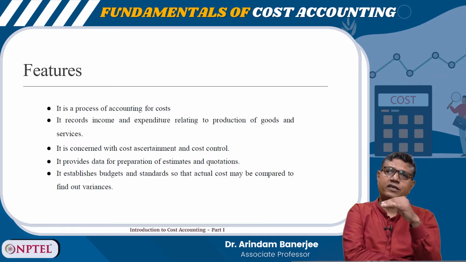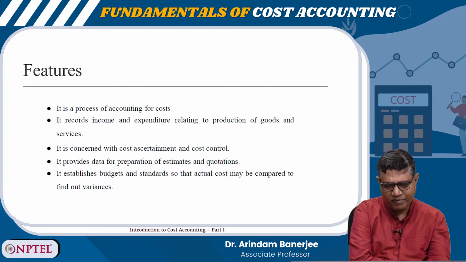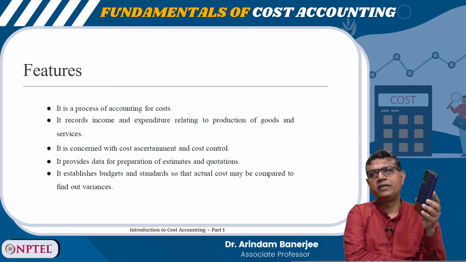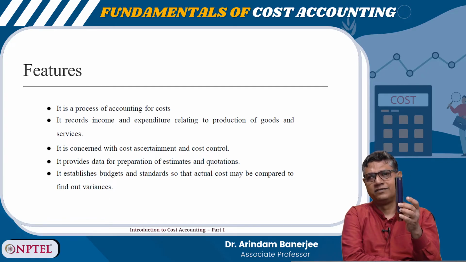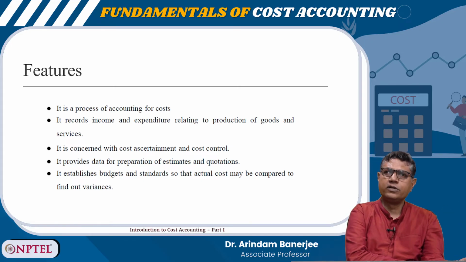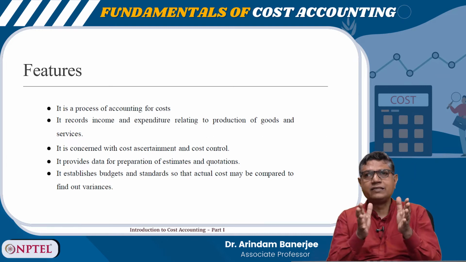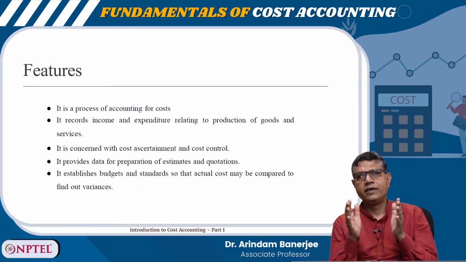Then, based on the historical data, it creates a standard. Say, for example, for manufacturing this mobile, the company estimated that the material cost should be say 2000 rupees. That is the ideal, that is the standard. When actually it will be produced, then the company can record the actual cost and can compare with the standard. Now, if there is a variance, which mostly happens, if the actual material cost and the standard material cost do not match,